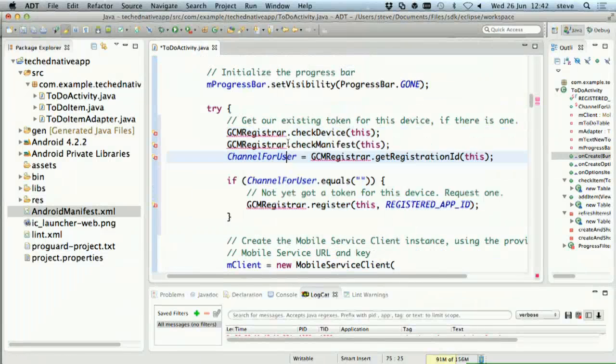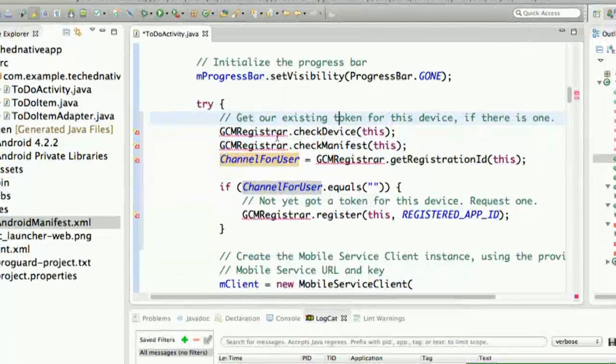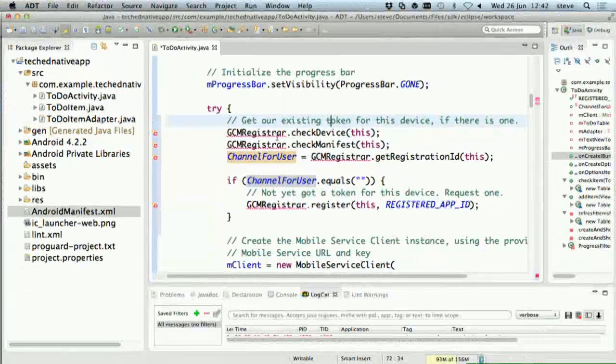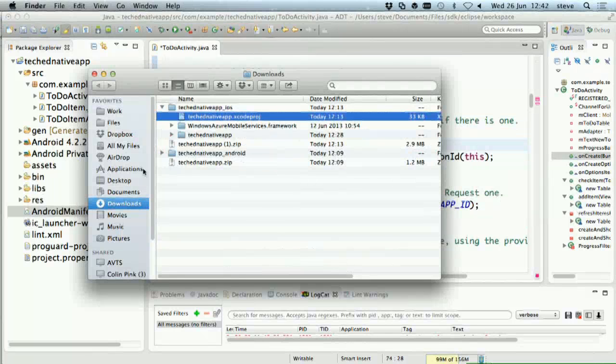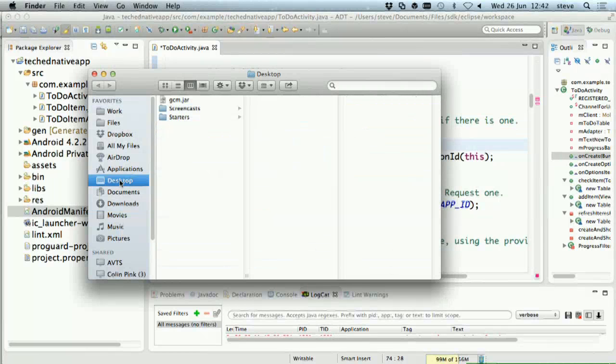Now, before I can use this, I need to import some namespaces. Now, I can't import the namespaces yet because I haven't referenced the correct library. So in .NET world, this would be like trying to use a class library that's in an assembly that you haven't even referenced yet. So how would you reference the assembly? Well, in Eclipse, the way you reference things is that you drag them into your lib folder.